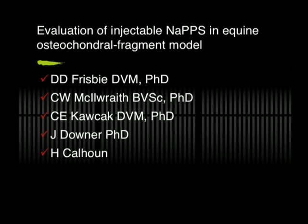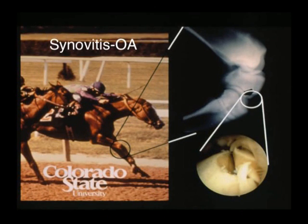We have recently done a study in the Orthopedic Research Center at Colorado State University looking at injectable sodium pentosan polysulfate in an equine osteochondral fragment model, and this model has been used in about 10 studies evaluating different medications for joint disease. The model is based on creating a chip fragment in the distal radial carpal bone of the carpus and burring back to 15 millimeters width to create some debris in the joint, and this produces a very